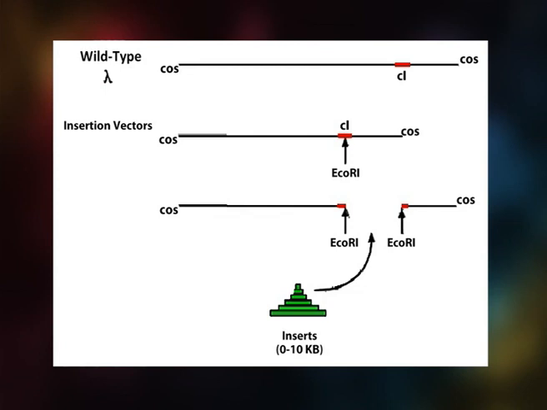It possesses at least one unique restriction site into which new DNA can be inserted. The size of the insert DNA fragments, that is 8 to 10 kilobase pair, that an insertion vector can carry depends on the extent to which the non-essential region has been deleted. Lambda gt10 and Charon 16A are examples of lambda insertion vectors.